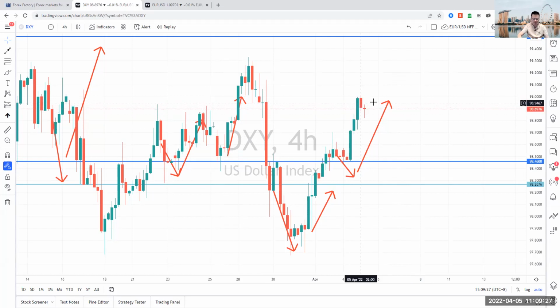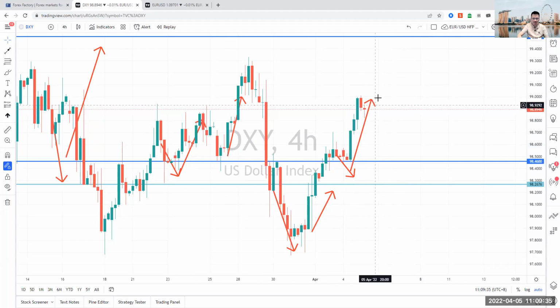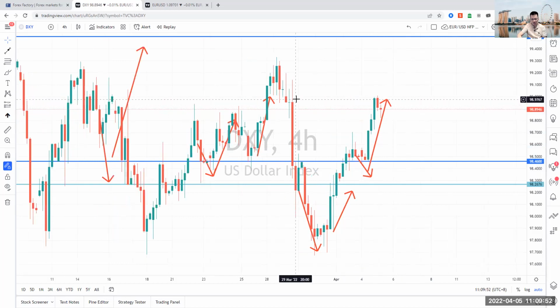So at this point here, I'll move this in a little bit just so that we don't confuse everything. What we could anticipate here for the dollar, because there is no significant news to be released for the dollar or across the board, is possibly a bit of a consolidation at this level, right? I'll zoom out a little bit. You can see the last time it came towards this point, it broke higher, consolidated, tried to break higher. The last time it came here, it consolidated a little bit, and then broke higher again.